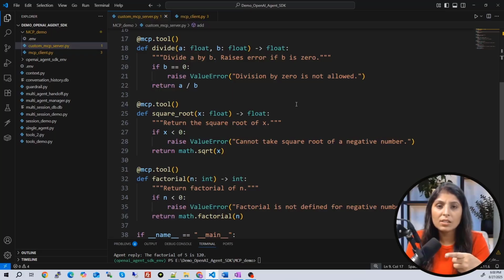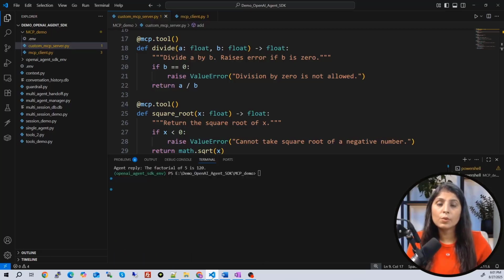So we have one custom MCP server which we have created just now. Now we will download one existing MCP server and we will try to use that existing MCP server with this custom MCP server. We will provide both the MCP servers to the agent which we have just created, and we will ask different questions related to both the servers, and then we will see if our agent is working correctly or not. So let's do that part.